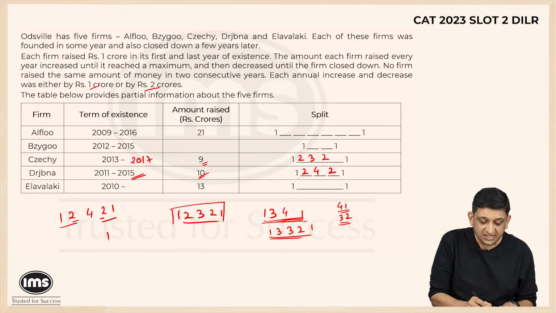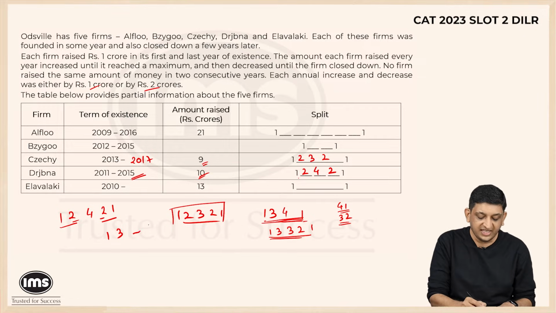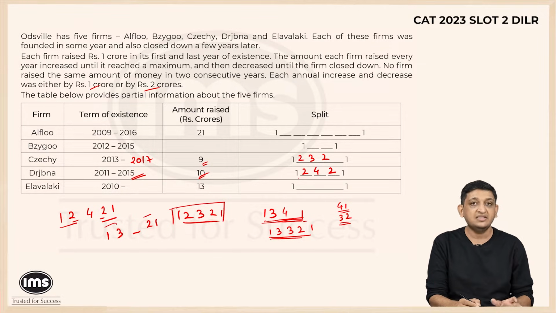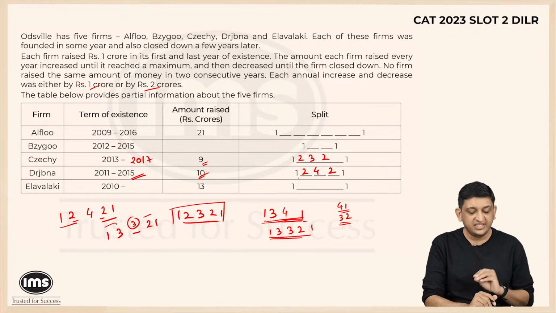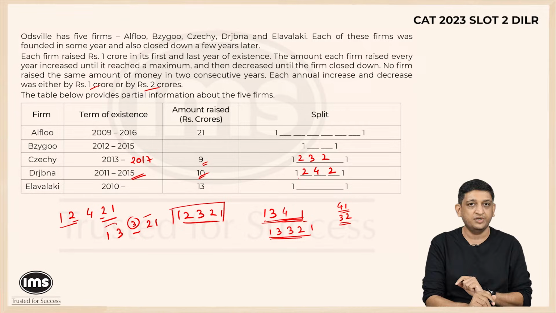What if the firm would have started with 3? It increased its funding to 3. So 1, 3, dash, at least a 2 and a 1. What are we going to get? 1 plus 3, which will be 4, and 2 plus 1, that will be a 3. 4 plus 3, 7. We have to have a 3 here, which is not going to be possible. Right? We cannot have a 3 here because 1, 3, 3 will mean that 2 consecutive years have a 3 in them, and that is not going to be possible.